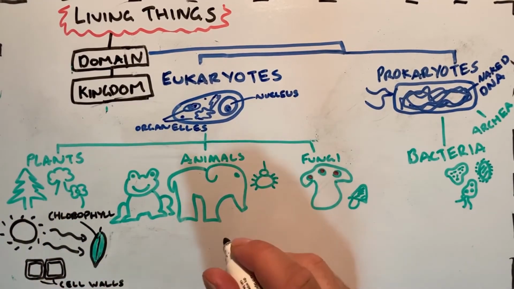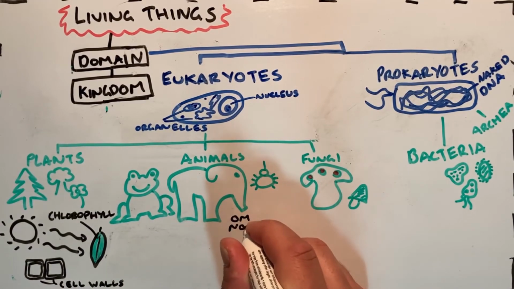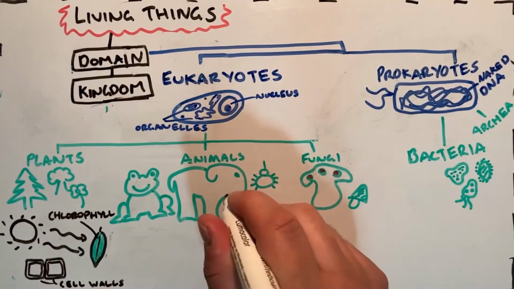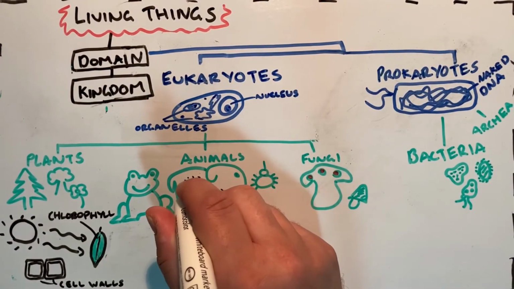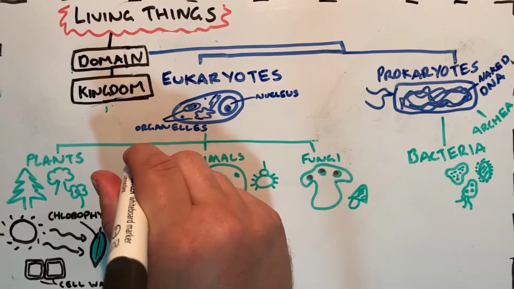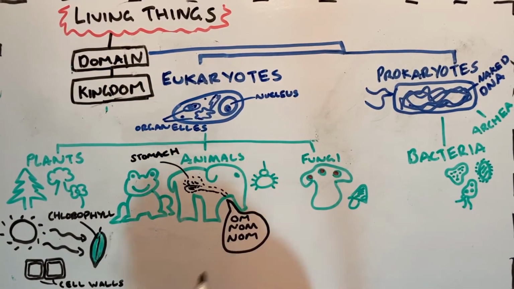Animals, on the other hand, get their food from eating stuff. They eat things like plants, other animals, or fungi, and they digest it inside of them to get their energy. As you probably already know, this is something we as humans do all the time, and we're animals. We eat other plants, animals, and fungi and break them down in our stomach to get energy and provide us with the building blocks to keep growing.